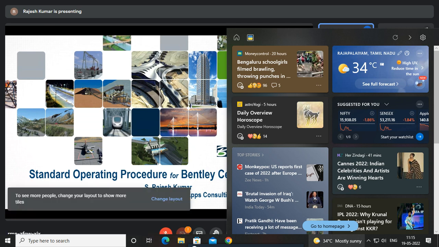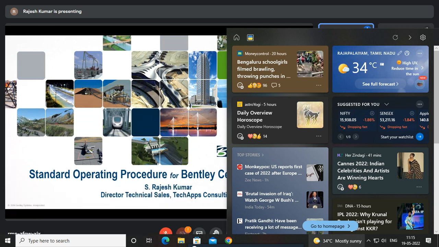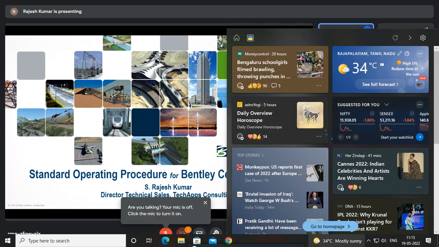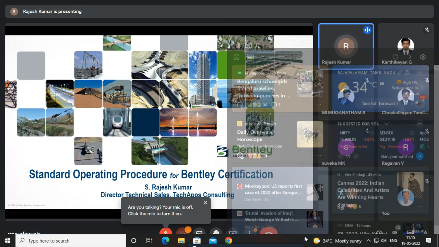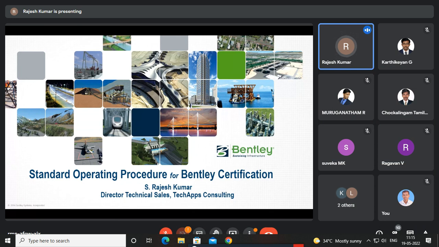So this session is just going to give information about the roadmap to achieve the Bentley certification. It is very important that all faculties, if you have a pen and paper, please note it down. I'm not going to touch upon any modules or software. I'm going to discuss the procedure. Since we are all participants or faculties, you can stop me then and there, unmute, and ask me any questions. I'm going to give you clarity on how to achieve the Bentley certification. You might also have some doubts, so anytime you can stop me and ask.